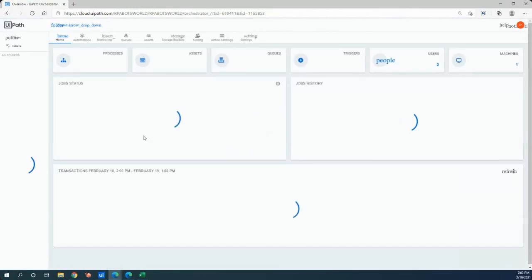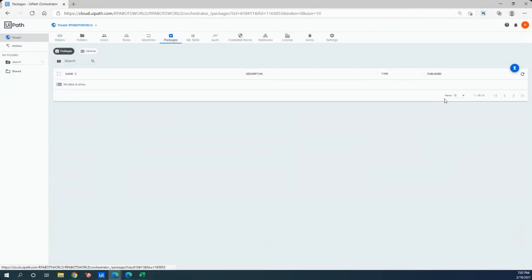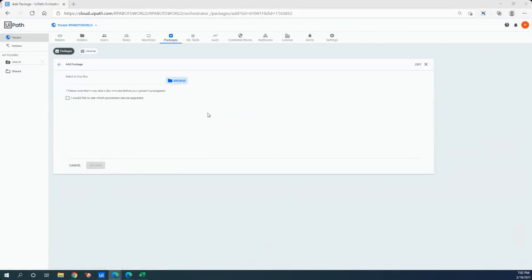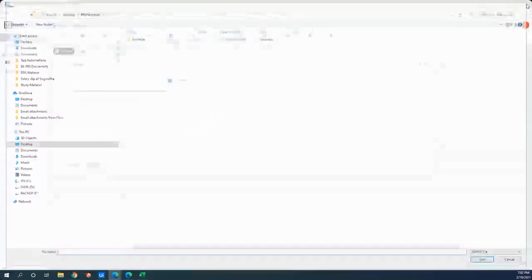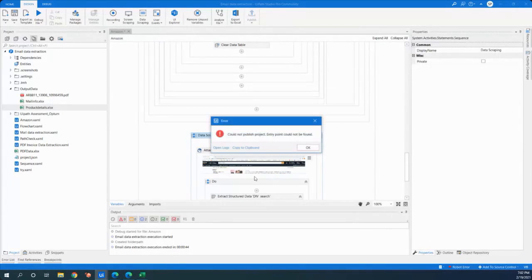Once you publish the code, you need to go here on the UiPath orchestrator. And then once you publish the code, when you come here, the packages will be available, or you should be able to upload the package from here as well, when you have some packages here. So what I'll do for now is, for publishing,